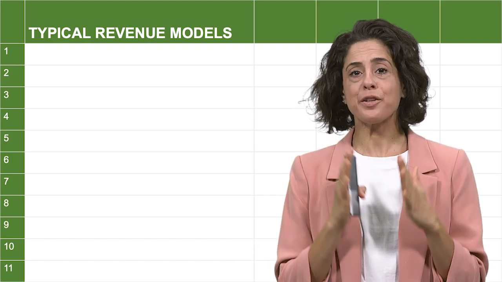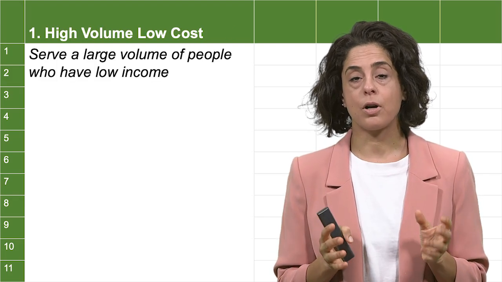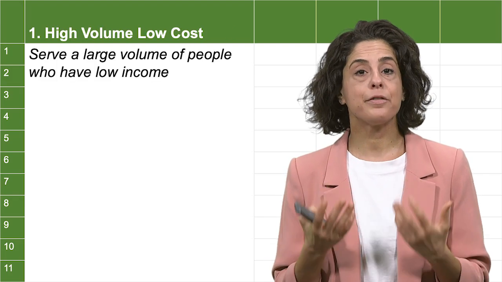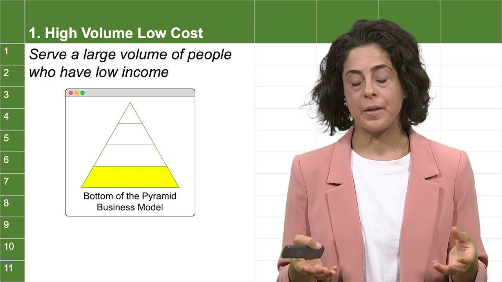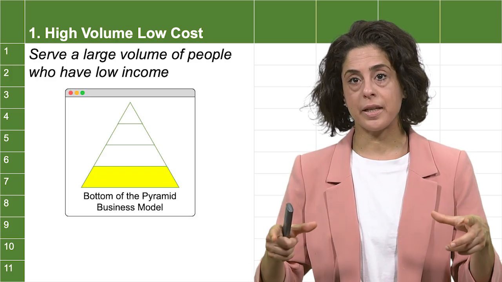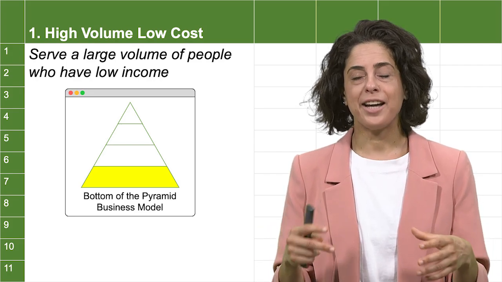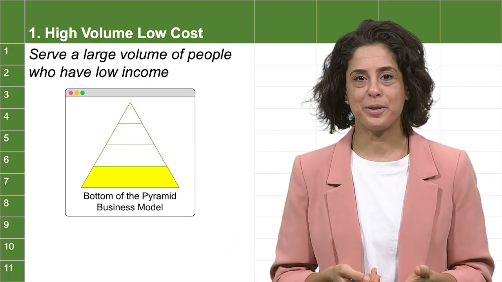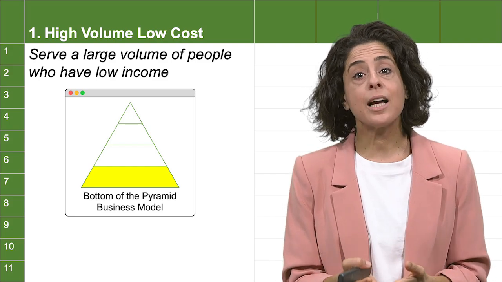So the first one we're going to talk about is the high-volume, low-cost model. You may have heard people refer to this as the bottom-of-the-pyramid business model. And that's because it's serving a large volume of people who have low income. I try to avoid using bottom-of-the-pyramid terminology, but that's how people have used to refer to this model. So an example of this,